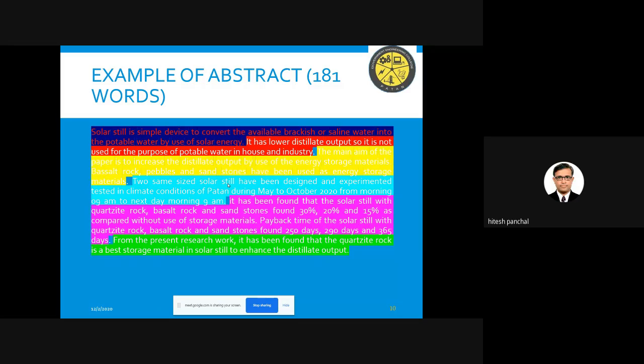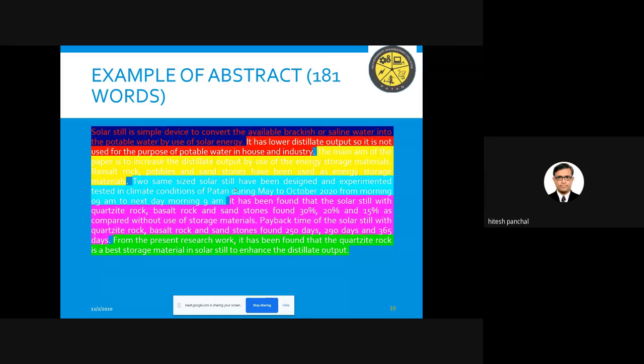That means it is called limitation. Introduction you have put, limitation you can put. Then you can see the main aim of the paper is to increase the distillate output by use of energy storage materials. Okay, so that shows the main objective of the paper. So introduction that you have already written, then limitation, then you can also add the aim,